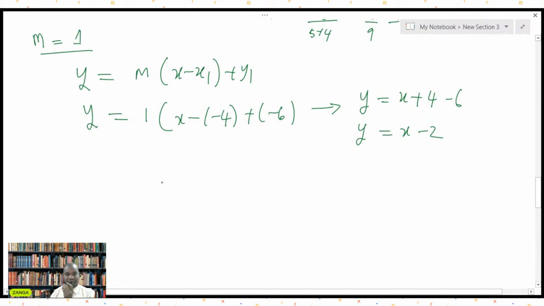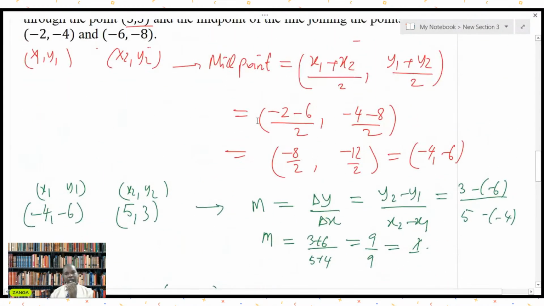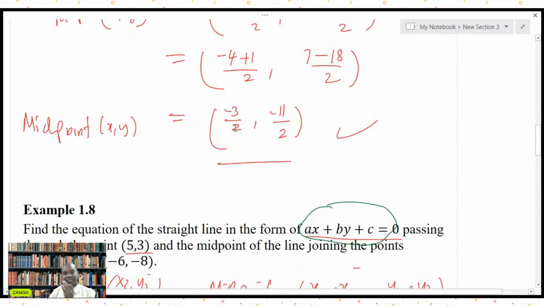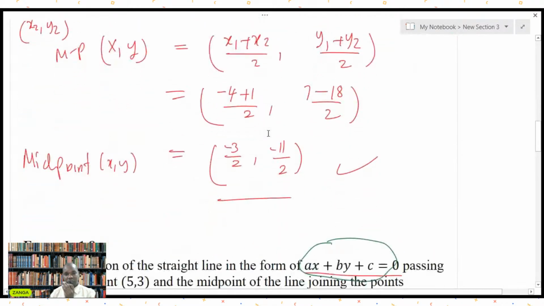So taking y to the other side, I can consider now it is x minus y minus 2 equals 0, and this is the required line, dear students. So the concept of midpoint can be seen in different examples. We have managed to solve questions